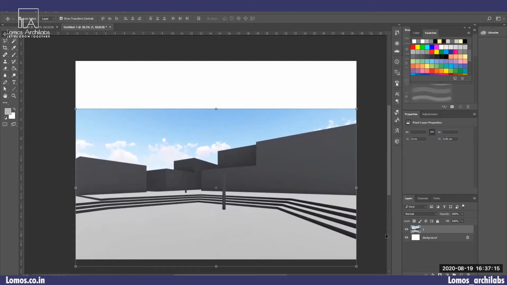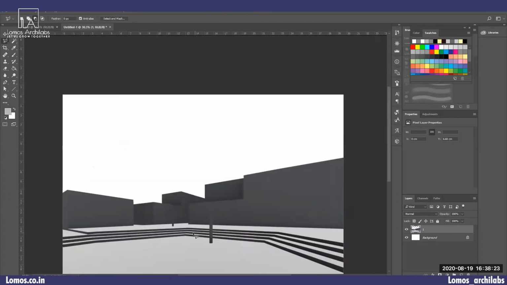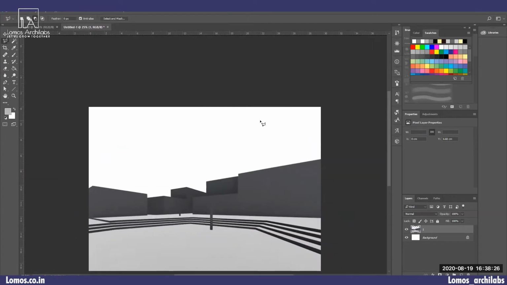And then one most important thing is how to clear off the sky, because we want to have like a night render, night view, so we want a night sky. So I will use the magic wand and clear off as much as I can for now. So now I have a clear white background for my sky, and I have my clay model, a very neat render of my model placed right above the background.